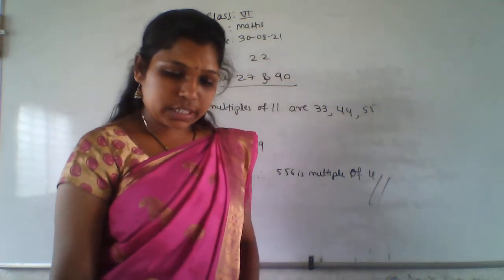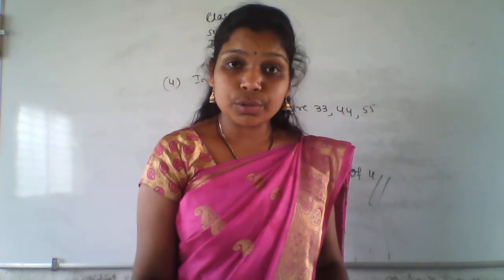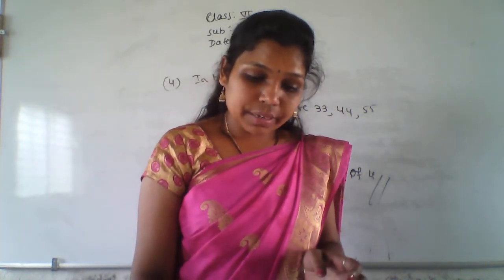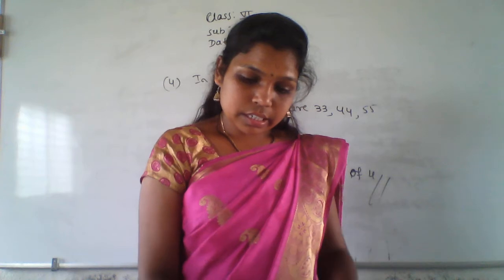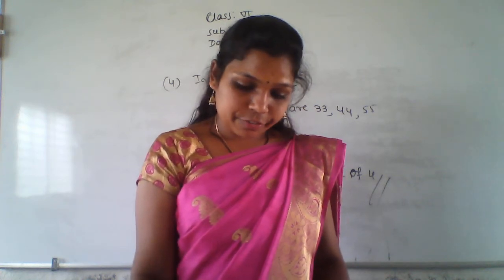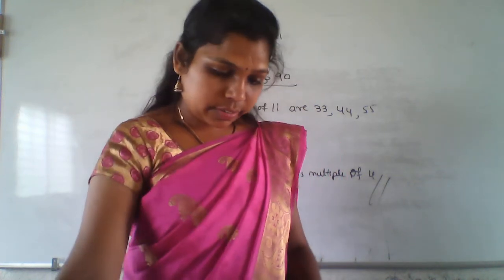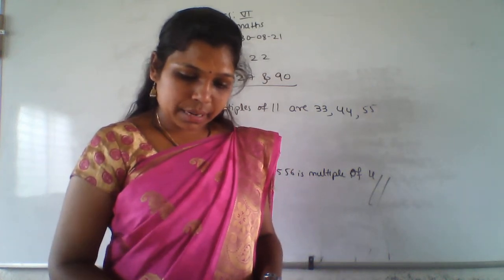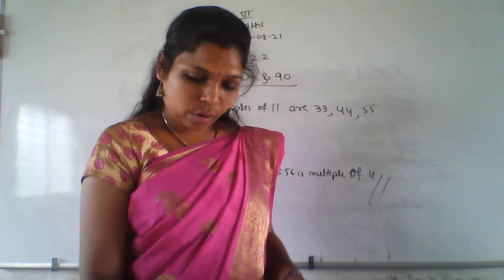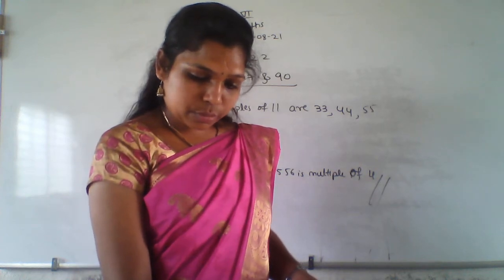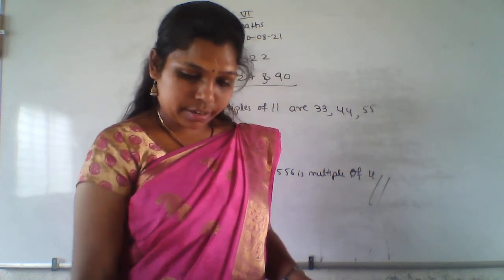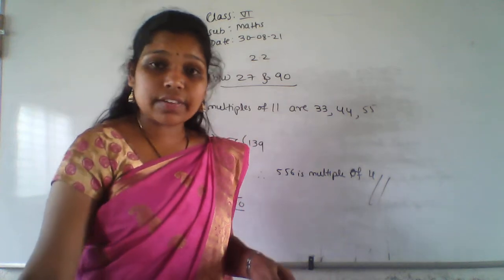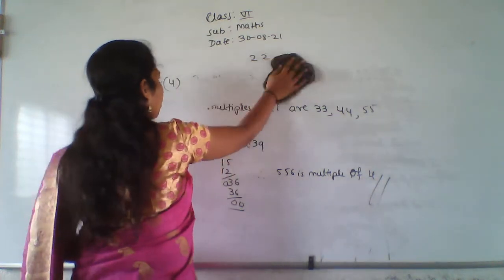Okay. So we finished exercise number 2.2. Now we'll begin 2.3. Before that, I will tell some more terms here. First will be prime, composite, even and odd numbers. After that, one more is there, that is a perfect number. Okay, we'll discuss these definitions. After that, we'll move to 2.3.